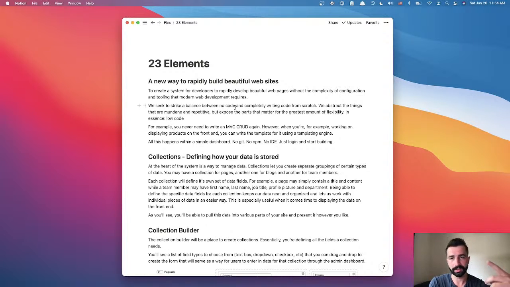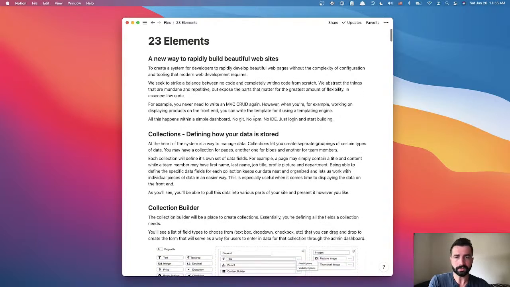You have to use Git. You usually have to have an IDE to make things easier to edit. You've got to have Node, npm, all these things to compile the front end assets, and it becomes a lot. And so a lot of times it's hard to keep up with where web development is going. So what I was envisioning is an app with a dashboard that you log into, and then you just begin to build, going straight into the code and building what you want to build without having to go through all that configuration, tooling, and setup. So that's the goal of this.